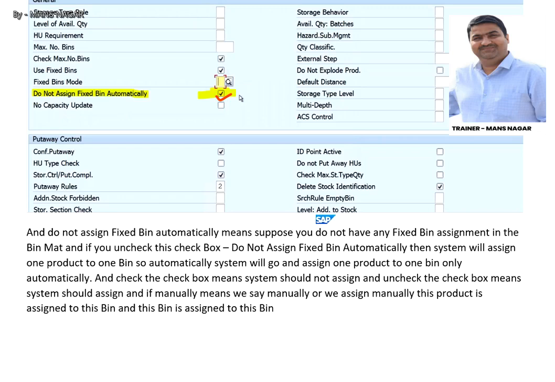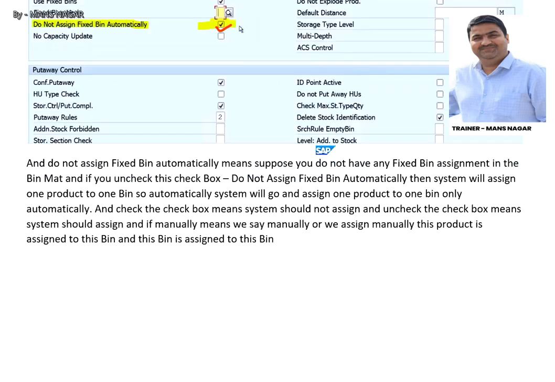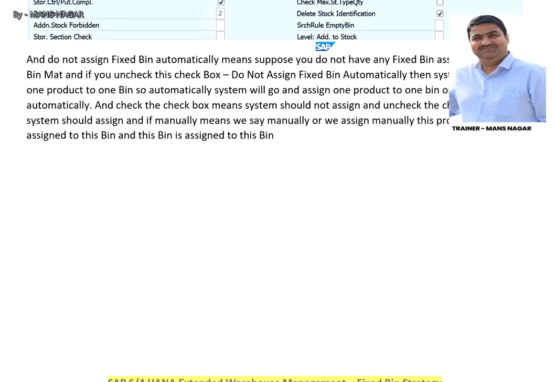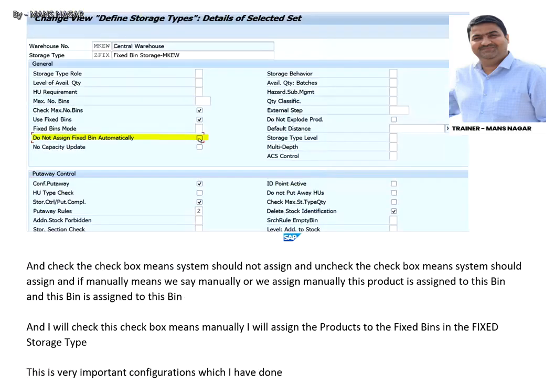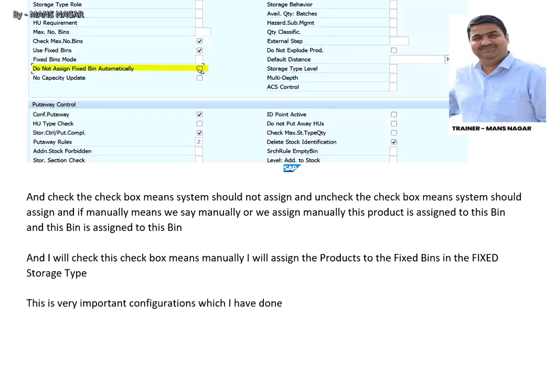So if you uncheck this, okay, that will be deactivated. If I want to activate this functionality, do not assign fixed bin automatically, then we need to check this checkbox. Okay. And do not assign fixed bin automatically, then uncheck this and check the checkbox means